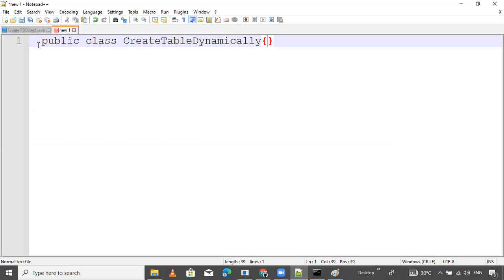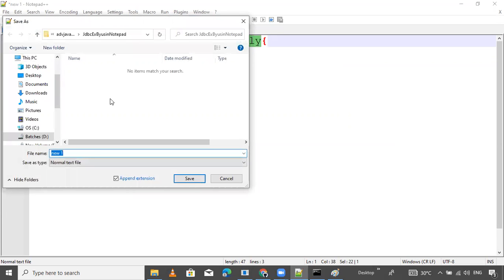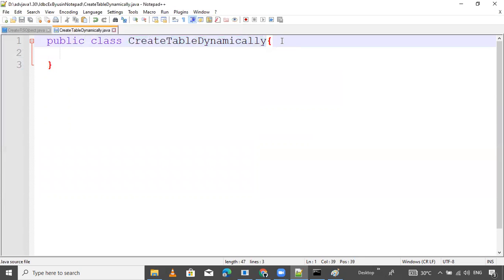This is our class name. I want to save it, Control S, as dot java inside the JDBC example folder by Notepad. Here our class is ready.